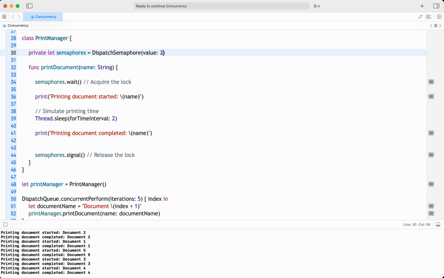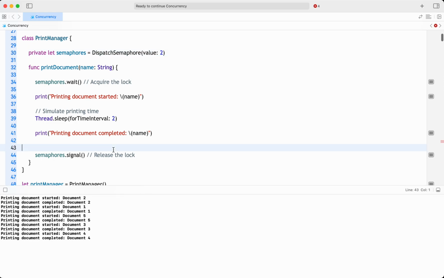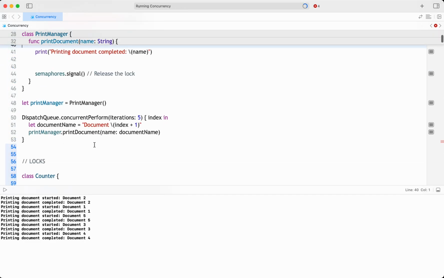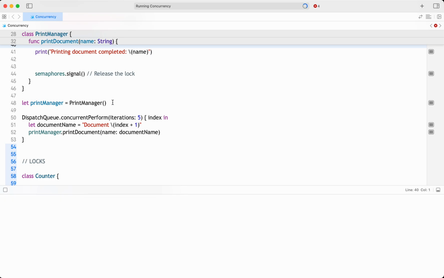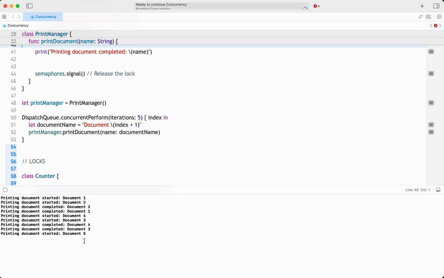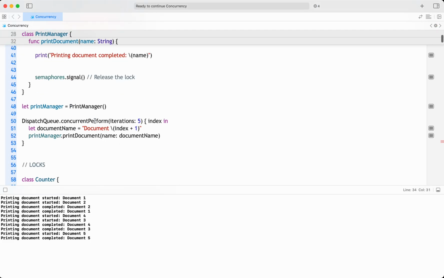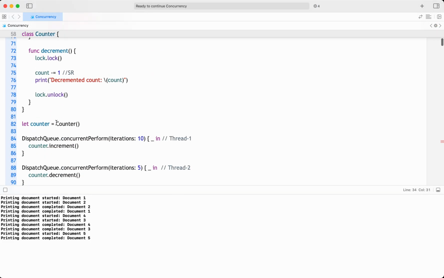So I can increase it to 2. That means my requirement is that I have no issue starting 2 documents at a time and completing them later. Okay, so in this case let's see how it is done. So this cannot be done using locks. Why? Because a lock is mutual exclusion. See, 2 documents started, 2 documents completed, 2 documents started, 2 documents completed, 2 documents started, so the last one is the one it started. So for example if I want 3, now I will do it like